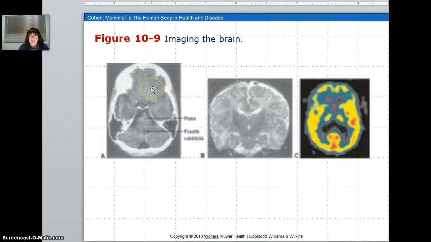When it comes to brain imaging, there are three types of brain images that you want to be aware of. One's a CT scan. The other is nuclear magnetic resonance, or MRI. Magnetic resonance imaging, MRI. And then the positron emission tomography, or PET scan. The thing about the PET scan is that it will actually show active molecules being taken up. So the fact that there are different colors here means that the glucose is being absorbed differently. Both the CAT scan and the MRI are very efficient and very important